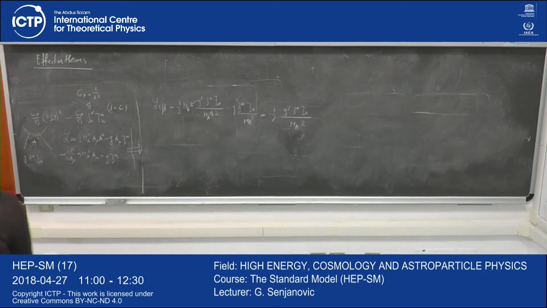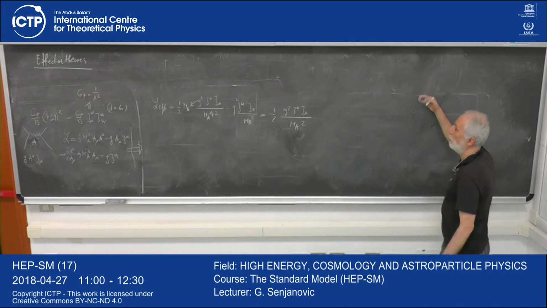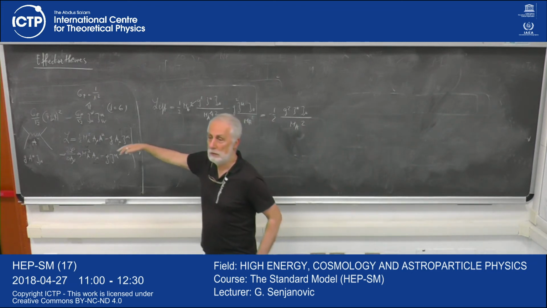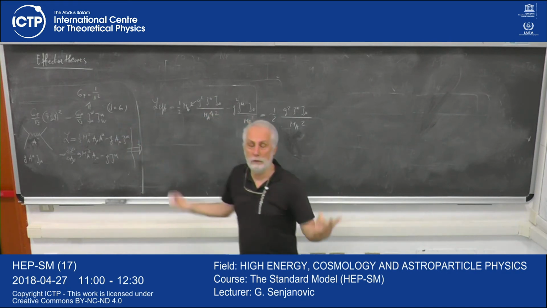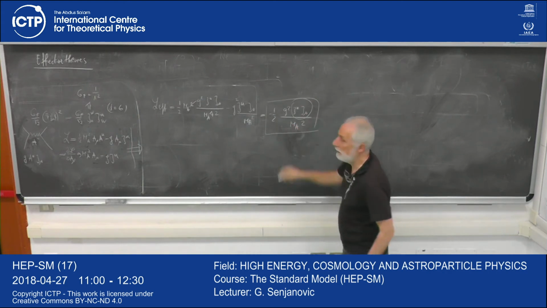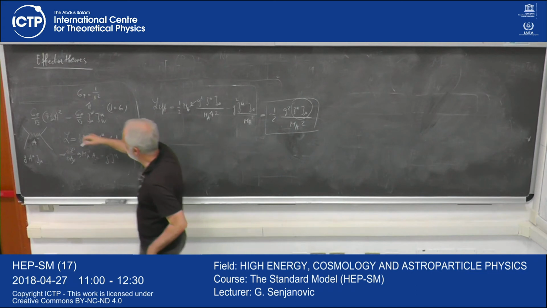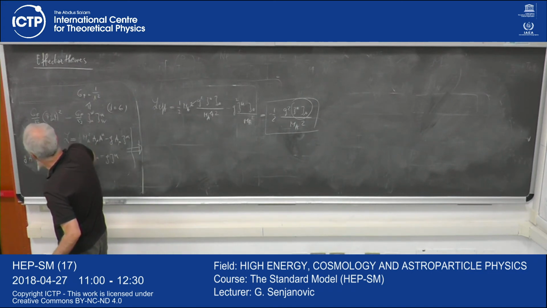So in other words, I'm saying for 2 reasons that this is an easy way, a good check to see whether you've done something right: when you computed a complicated propagator in a complicated theory and then look at the low energies, you should get the same result by simply integrating the field out. So we say that we integrate out a mu, right? We solved for it, okay? And we got the effective interaction, which is current times current. And of course, there is no propagation anymore. We just pinch this,